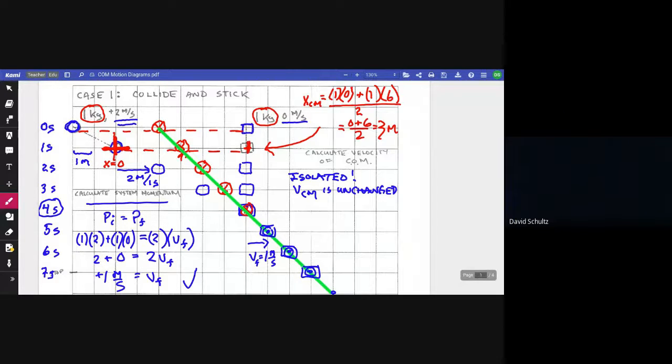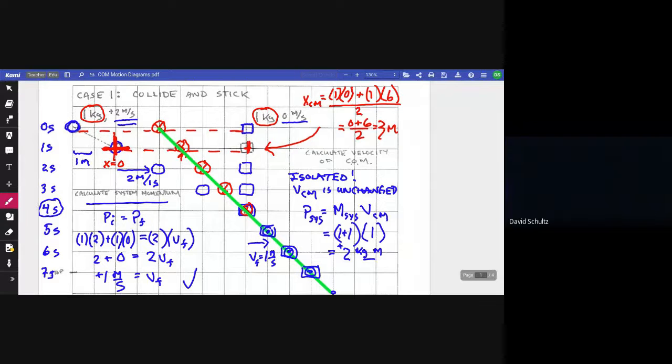One other trick, and I didn't ask you to show this, but I'll just show it to you right now, is that you can find the momentum of the system. You can find the P system by taking the total mass of the objects, the mass of the system, and multiplying it by the velocity of the center of mass. So in this case, the mass of the system would be 1 plus 1, and the velocity of the center of mass we just figured out is 1 meter per second. And that means that the momentum of my system is plus 2